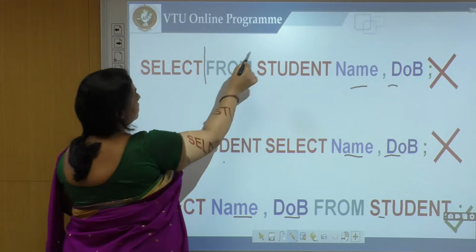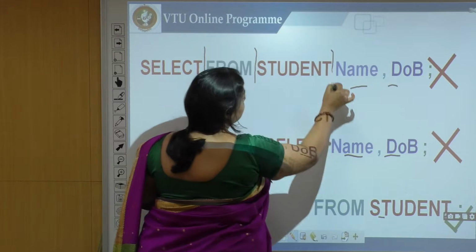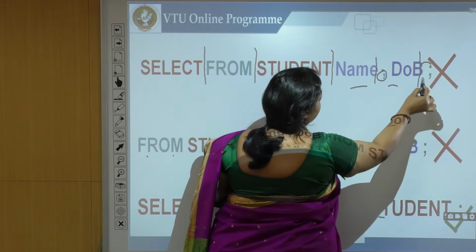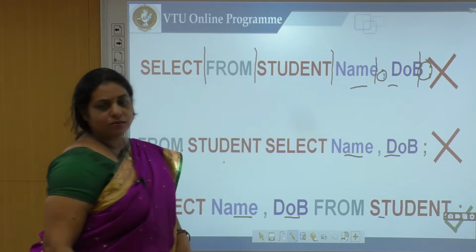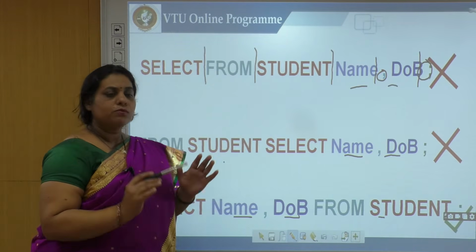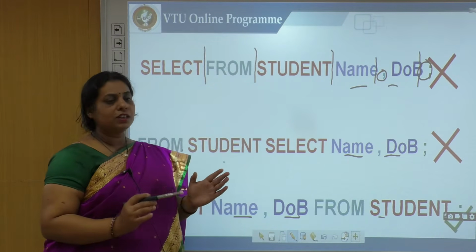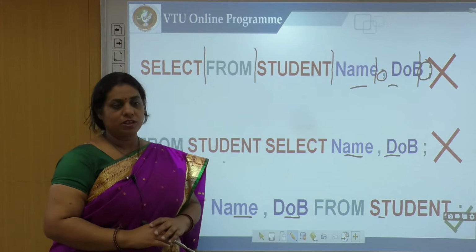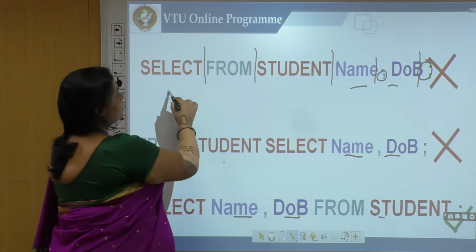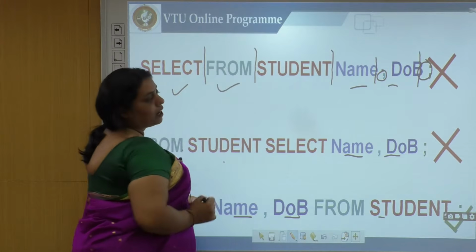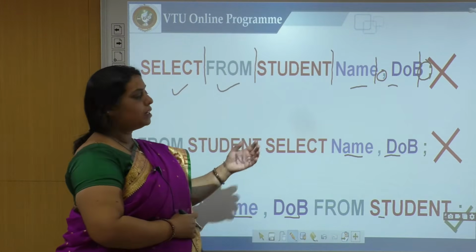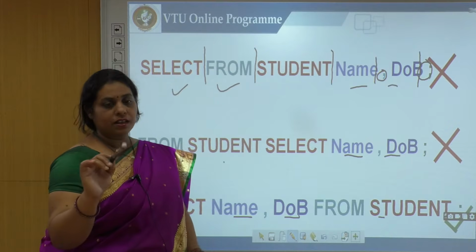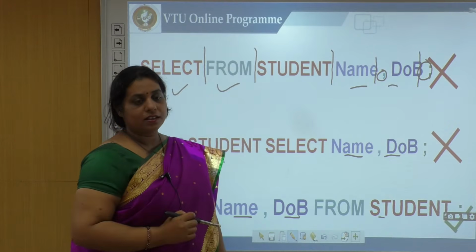Select is one token, from is one token, similarly student, name, comma, date of birth, and the semicolon, right? First, I check whether each and every token is written properly or not. Yes, the select spelling is correct, the from spelling is correct. I have a table called student, it is also correct. The attribute names NAME and DOB are correct.